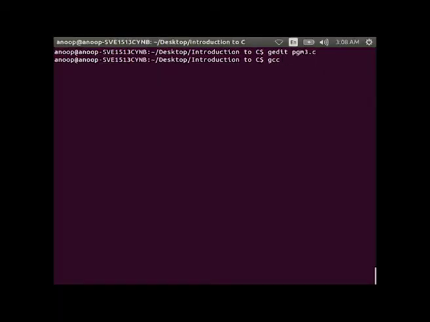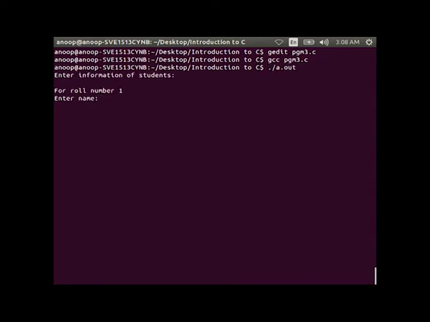There is no error, you can execute this program and see the result. For roll number 1 enter name ABC, enter marks, then you enter 95. For roll number 2 enter name XYZ, enter marks 63.